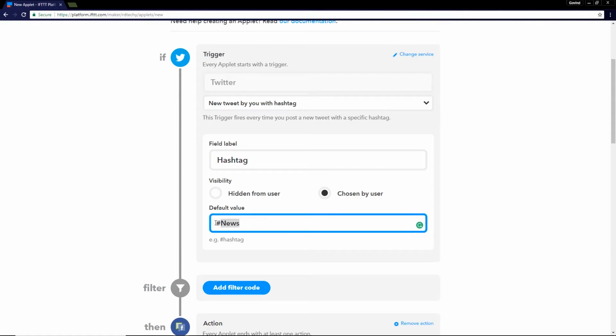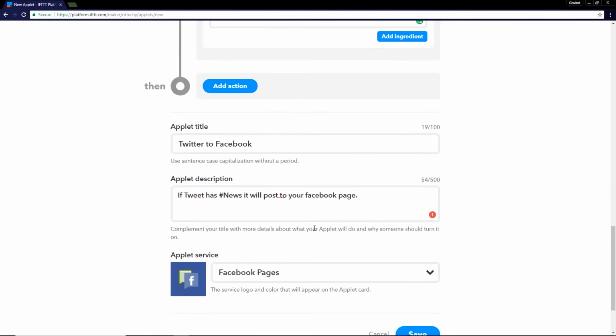You don't have to fill this in, but when you activate, IFTTT will ask you to fill this in. So that's another way if you want to publish the applet but you have a specific need in mind, like mine. I'm actually going to go with chosen by user, and if it has the chosen hashtag,